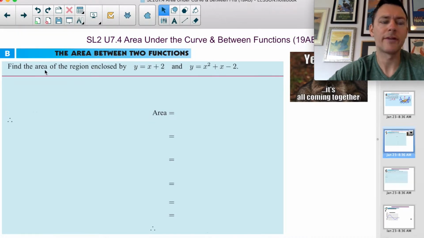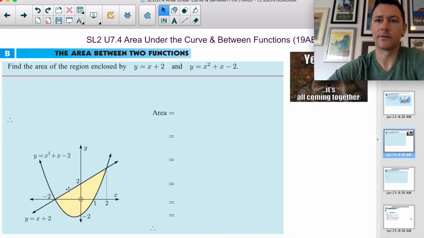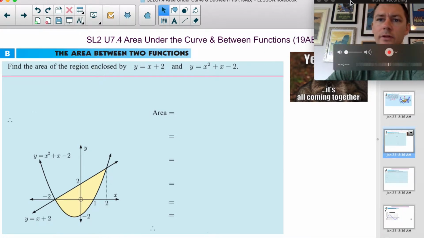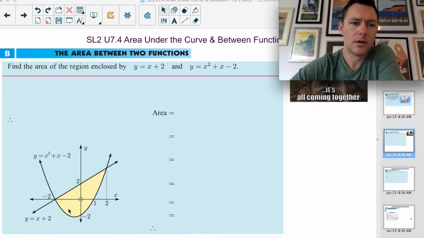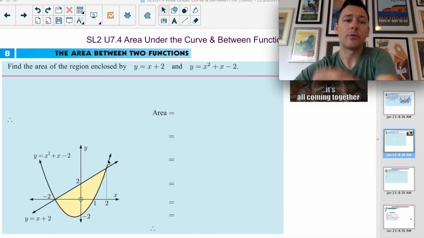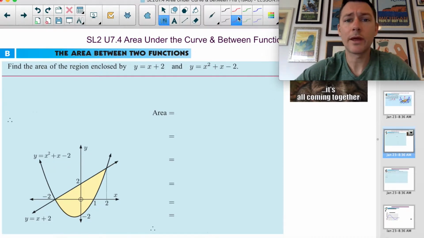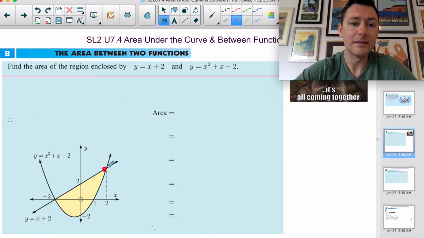We want to find the area of this region enclosed by a linear and a quadratic. You don't have to graph it all the time, but here's the visual of it. Here's the linear, here's the quadratic. We want to find the area between the two, and so first of all we need to find these spots, and it's nice that they're here on the graph, but I need to know when to start integrating and